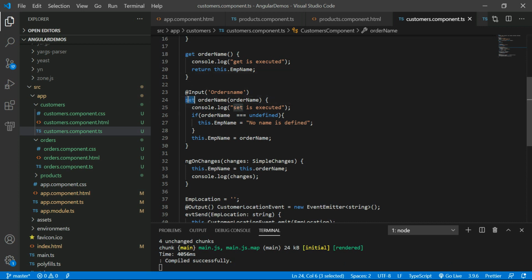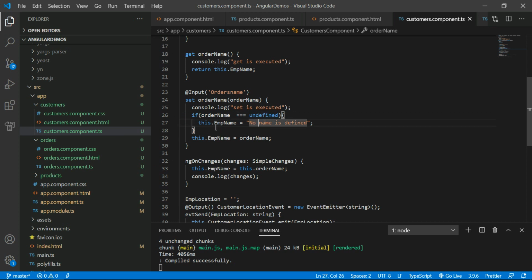Set means whatever value I am returning, I have to conditionally show it. Whether I have to show it as it is from the app.component.ts file, or something else. Right now, as you are seeing, in case that is an undefined value, then you are showing this no name.